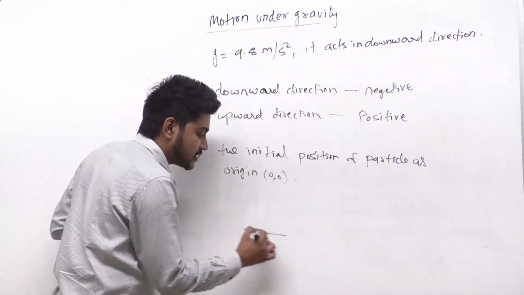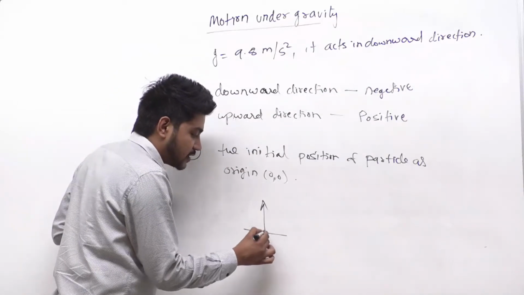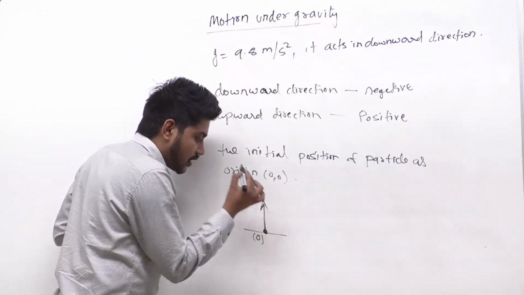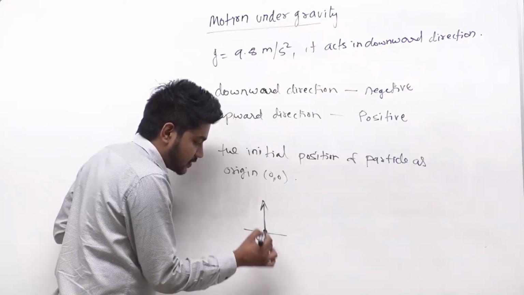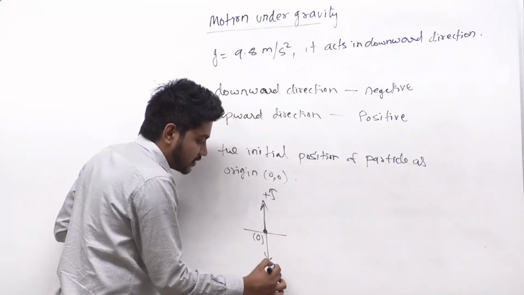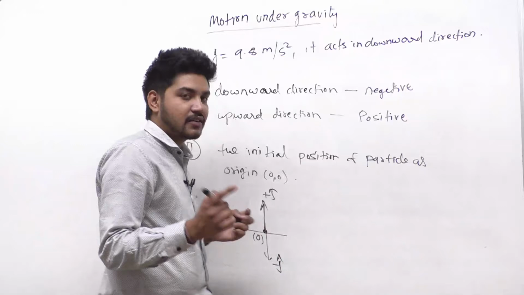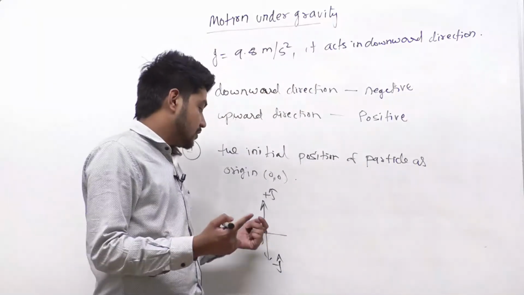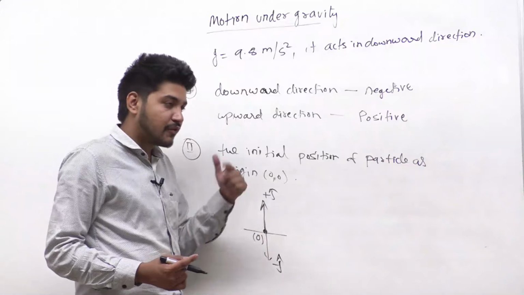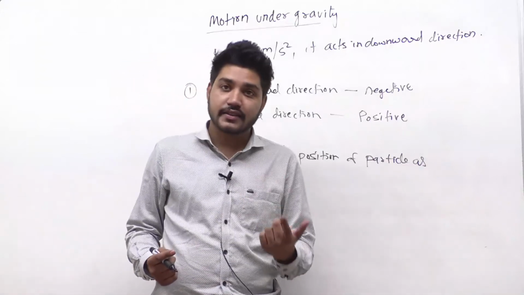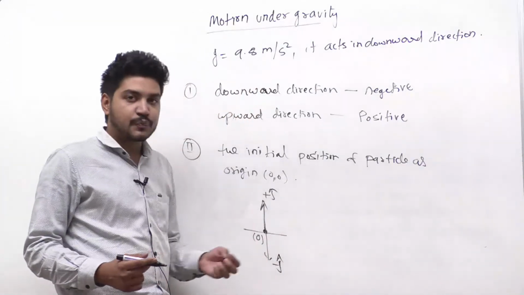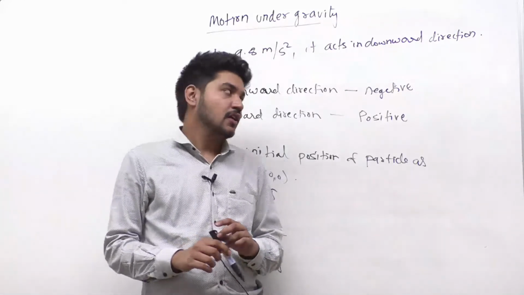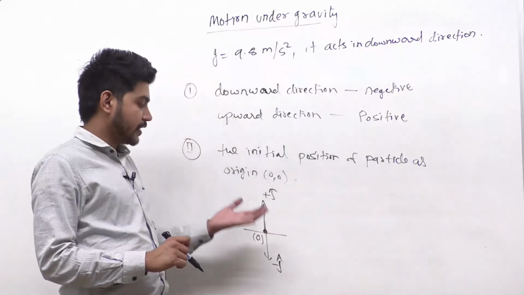See over here, let's say this is our horizontal surface. Let's say the particle is projected upward from here, so this is 0, 0. This is the upward direction and this is the downward direction, which means this is the positive j cap and this is the negative j cap. Even this time it is again 1D motion, but along the vertical direction. Before, we were discussing all the motions along the x-axis, but this time we are discussing along the y-axis, or vertical direction, right?